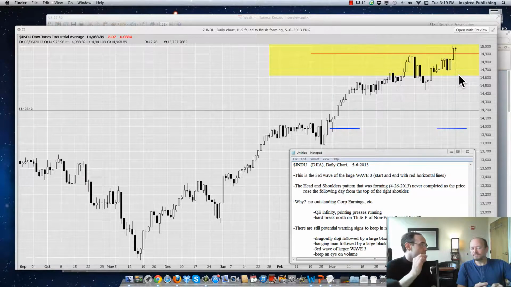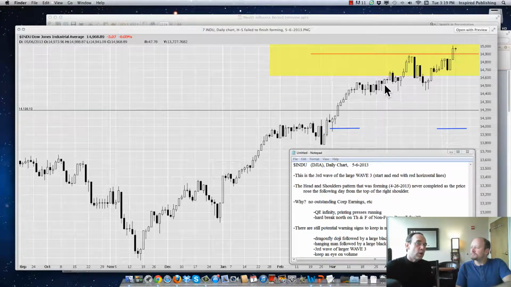We need to keep an eye on one thing that's critical with Head and Shoulders, and again, people can find this information in this book. It is watch volume. When you see this whole Head and Shoulders formation happening here, you want to watch the volume, because when the Head and Shoulders is happening like this, volume will actually start tapering off and decreasing. And if you see a Head and Shoulders formation starting to come together like this, but you see the volume staying steady or increasing, you're more than likely going to have the price continue on north from this.